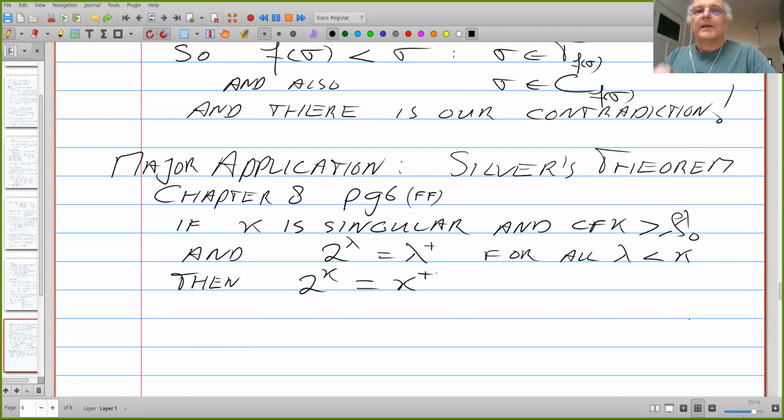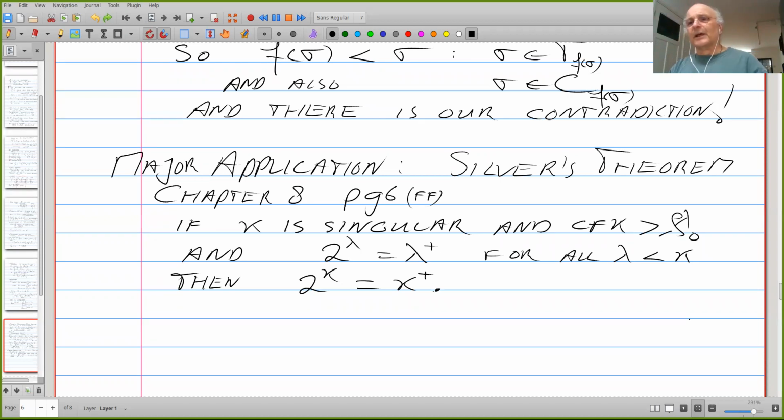This is one of the things that I didn't mention last week, because it wasn't as elementary as the things that we talked about last week. This theorem is also a sort of restriction on the possible behavior of the cardinal exponentiation, the continuum function. It tells you that if you have a long stretch of the generalized continuum hypothesis and the stretch is singular of uncountable cofinality, then you will get it for one more. This was a big surprise in the 70s when it was proven,